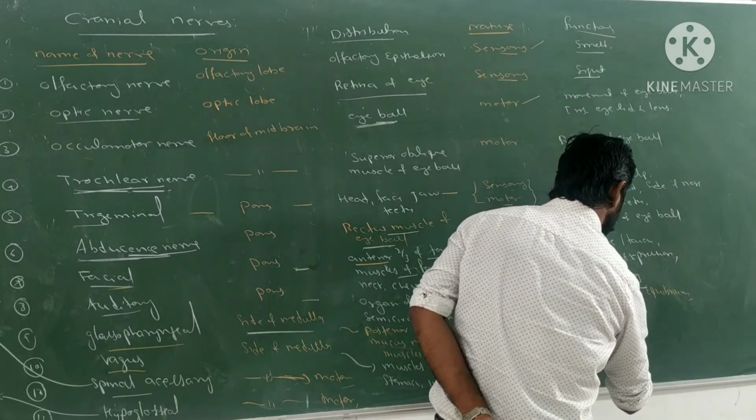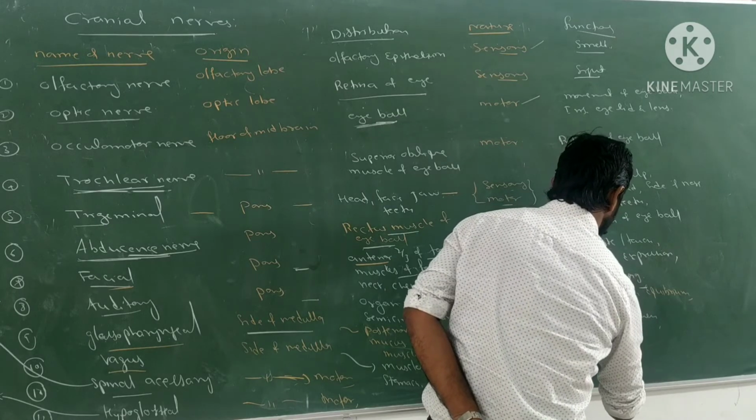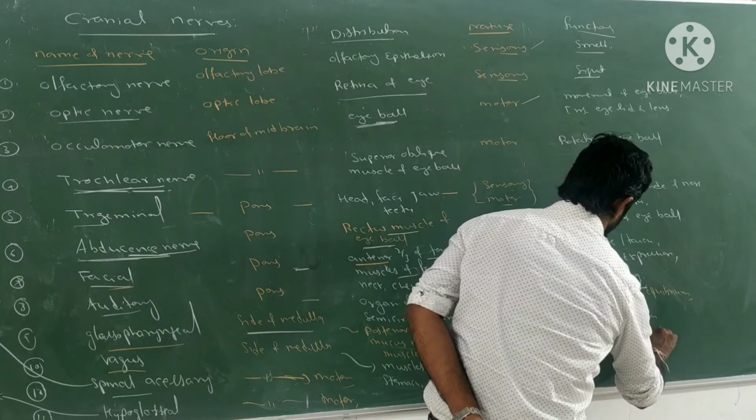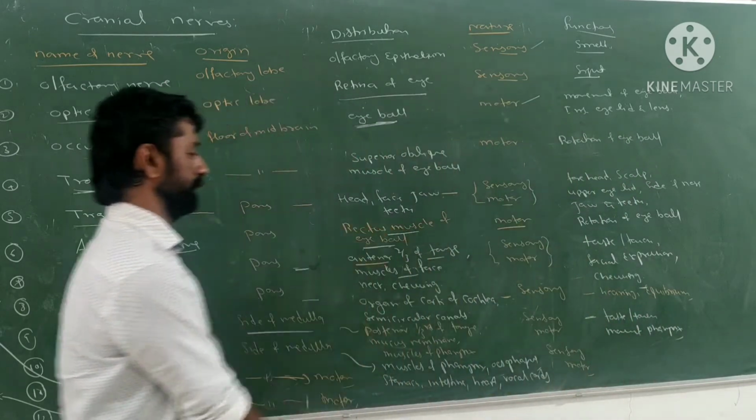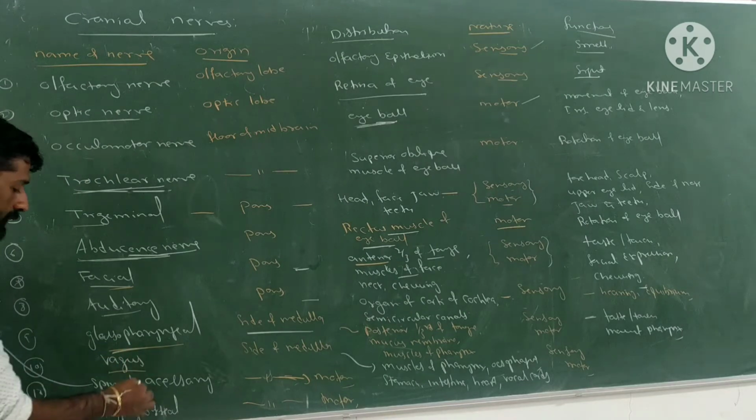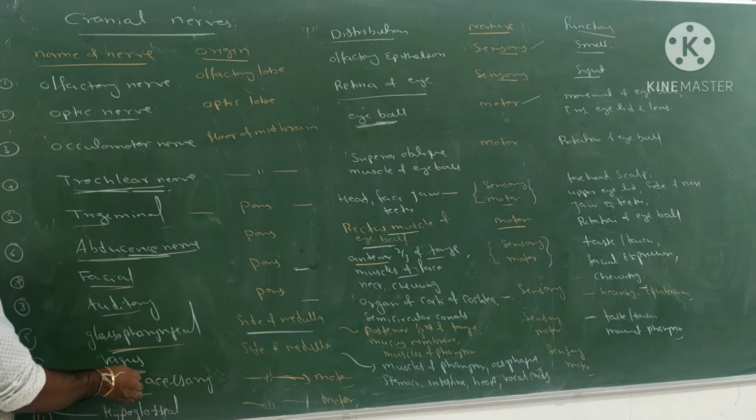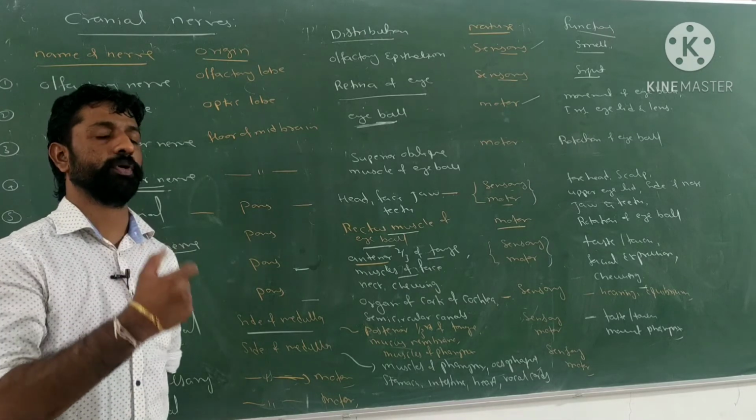Taste and touch, then movement of pharynx. So these are the major functions of glossopharyngeal. Next, vagus. So the main function of the vagus, it controls the production of the sound,